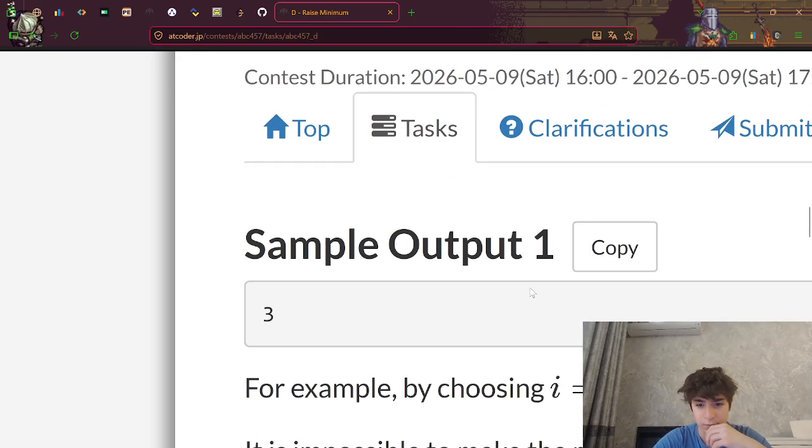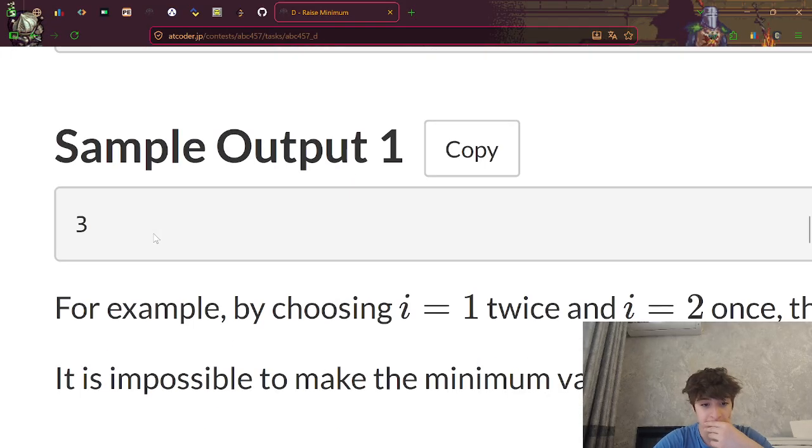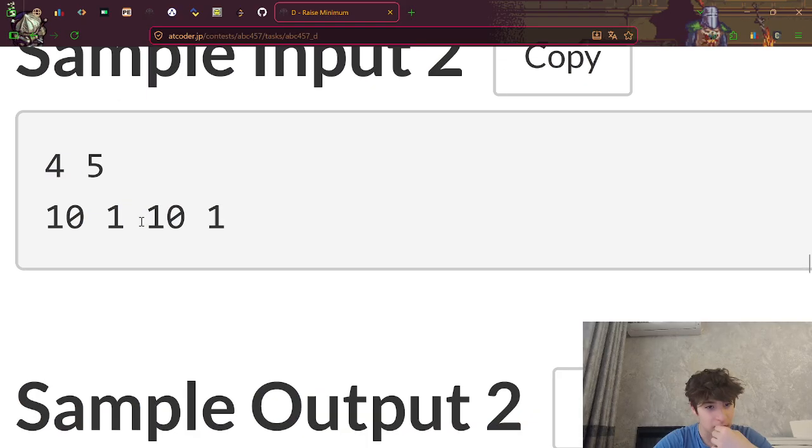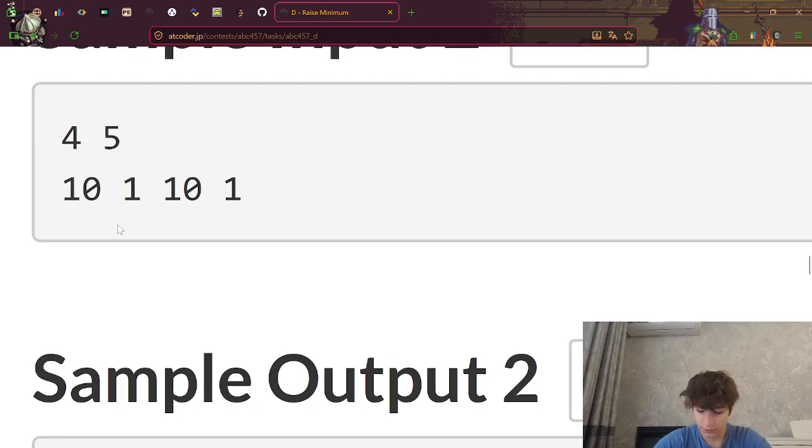Is it 1 indexed? For example, if it's the second one and I invest 3 operations, it's going to be 10, then 2, oh no, I missed 7, 10, and then 1, and then I have 2 operations left. 2 multiplied by 4 is 8, and we get 10, 7, 10, 8.